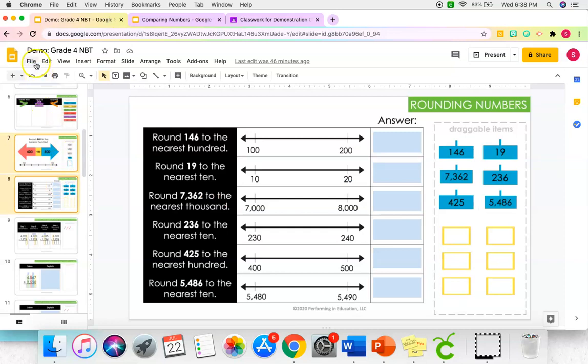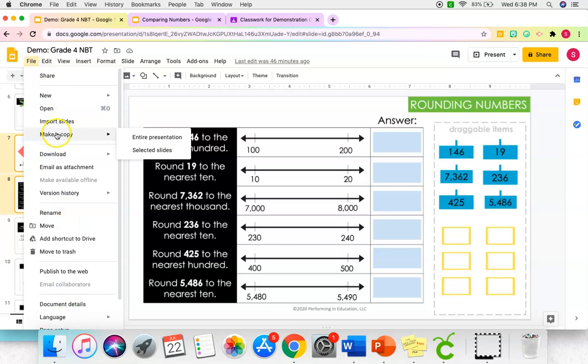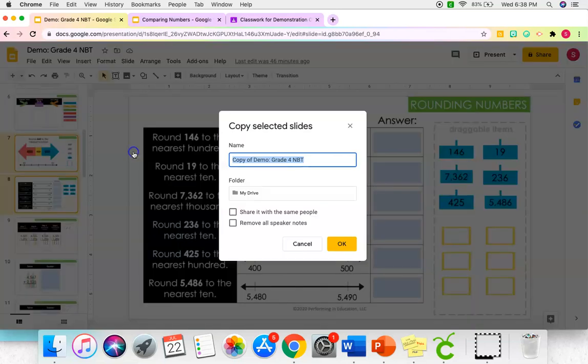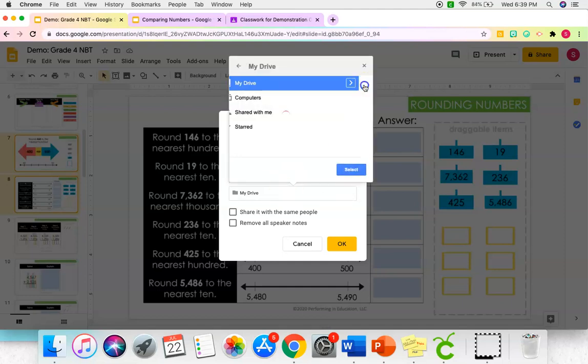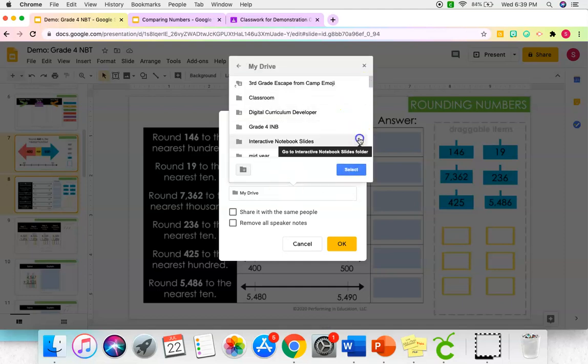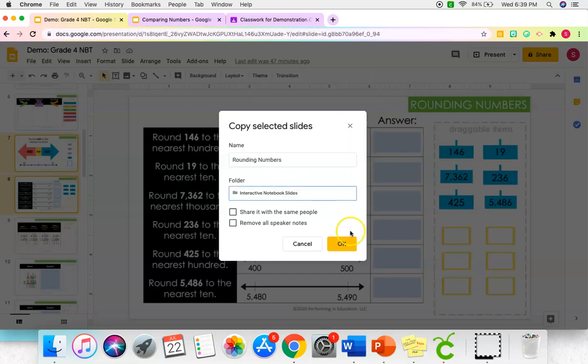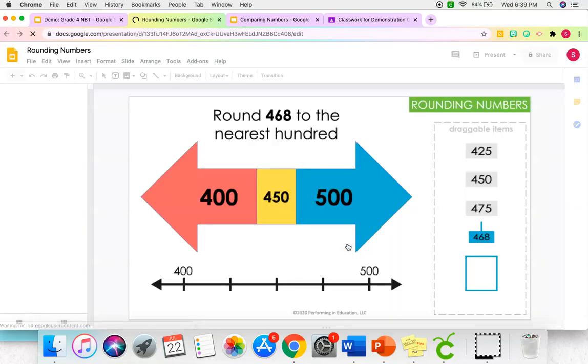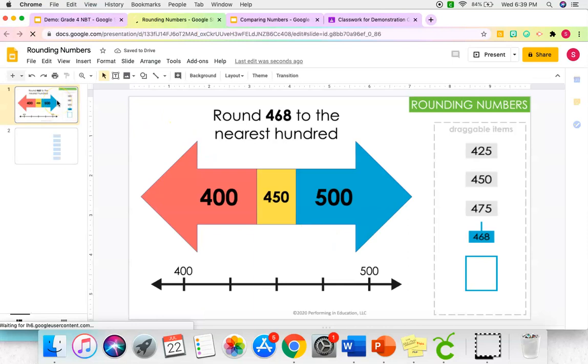Just like before, I'm going to press File, Make a Copy, Selected Slides, and change the title to Rounding Numbers, and I'm going to find the folder I already created to keep it organized. It will open up the new slide deck for me